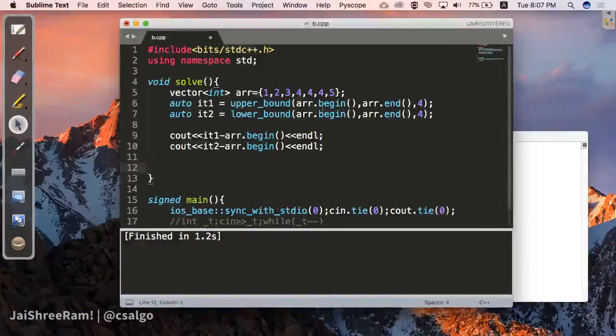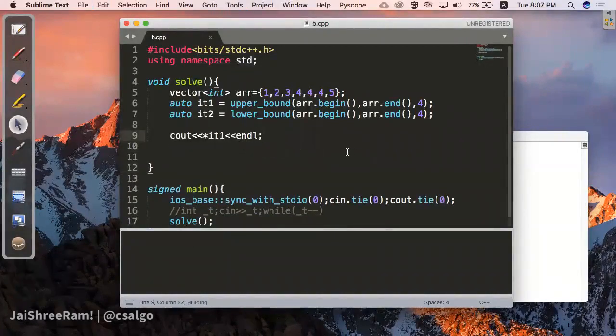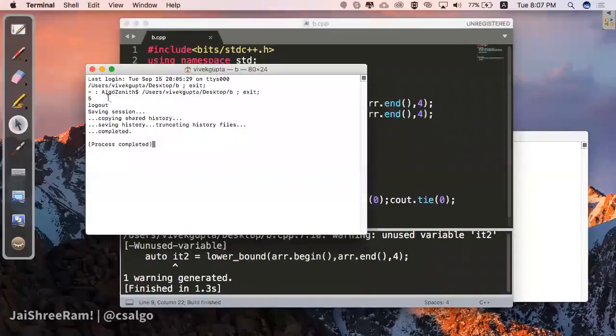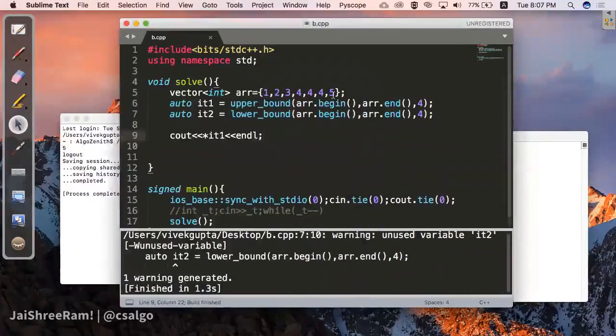Let me give you a very simple construct. Is the iterator a wrong syntax? No. Let's suppose you want to print star of IT1. What does this give you? It will give you 5. The iterator points to this element, which is index 6, and star of IT1 will give you the value at that index.